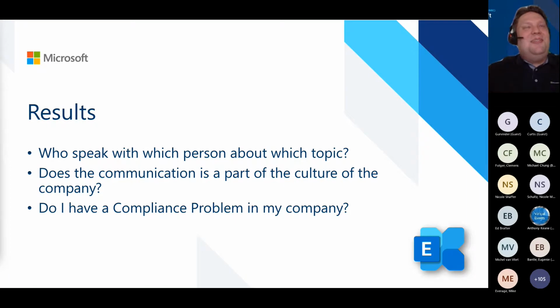But this is an insider risk topic, and this is the next topic. So we also see, do we have a compliance problem in the company? You can fulfill the regulations. And what I mostly like is that we can also control the code of conduct. So we have a second example: you say, okay, I want to control our code of conduct so that there is no harassment in email. So don't go to other people and say things that we don't want.